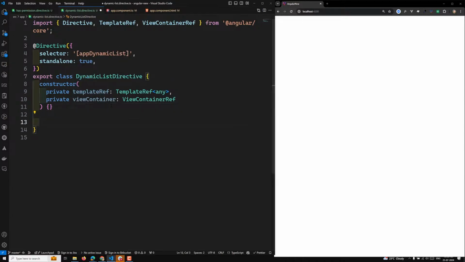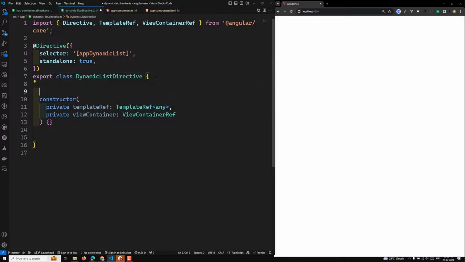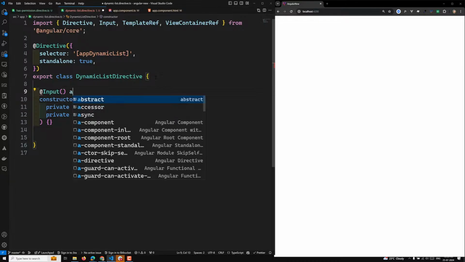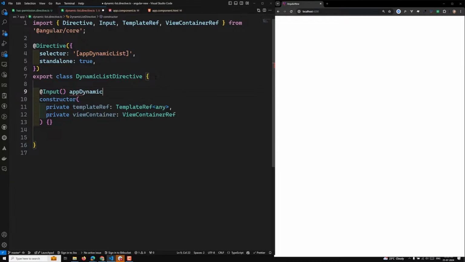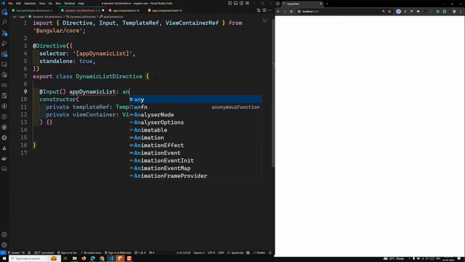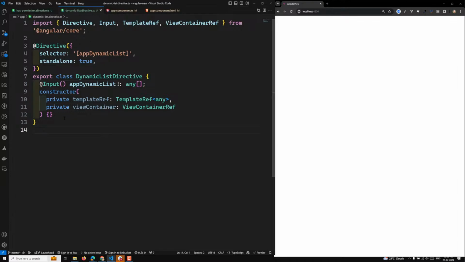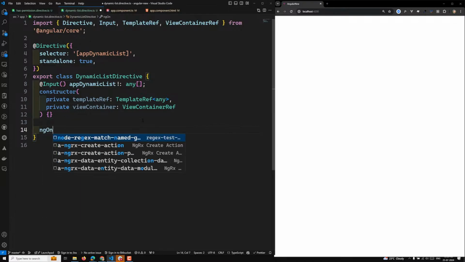So now let's try to get the input variable. So here I will be getting @Input, and here you will be having appDynamicList. So list of any. I am keeping it as any for the directive, something like this. Why? Because we will be having an array of objects like that, right? So now here on ngOnInit,